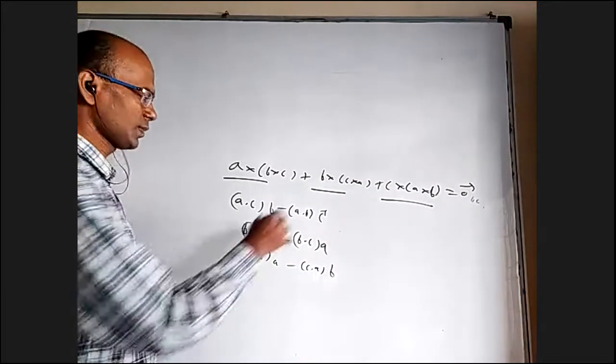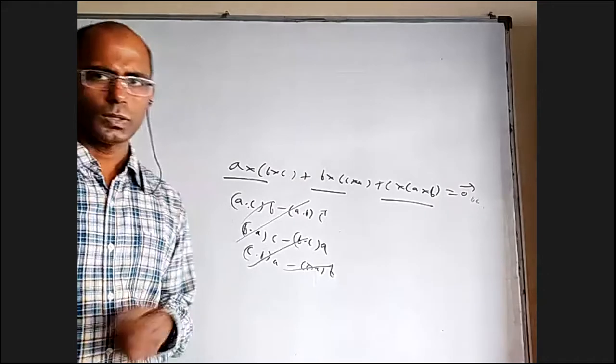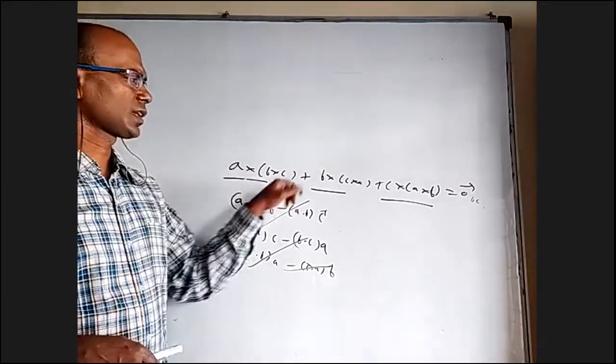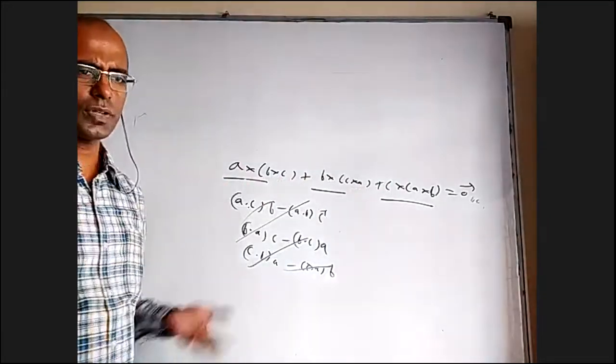So these two are same, they will cancel. These two are same, they will cancel. These two are same, they will cancel. You will get 0, just using formulas. They can even ask I cross J cross K, J cross K cross I also. But there, each one of them may be 0.